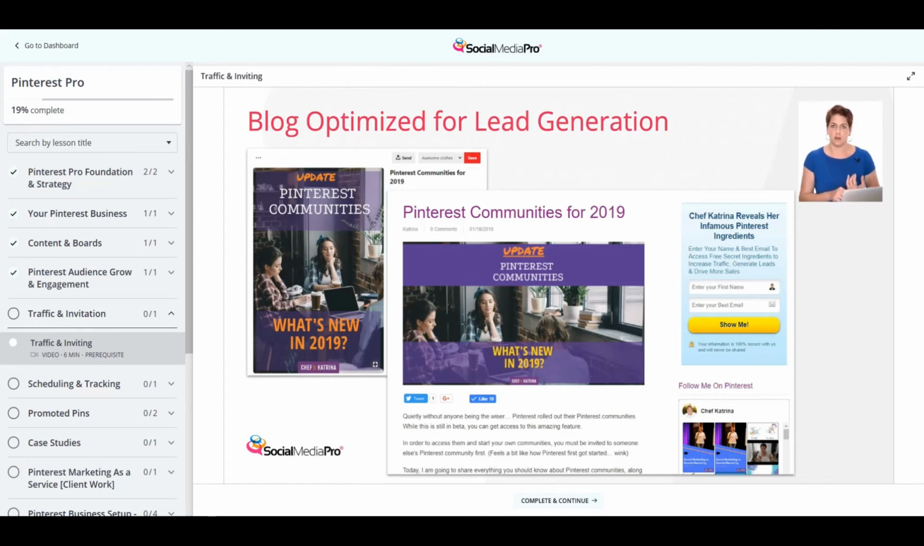So this site is optimized for lead generation. It has an opt-in bar on the side. It also has an opt-in throughout the content and even at the end. So for lead generation, this is a really great way to use Pinterest. Take them from the platform, create the curiosity with a pin, and then have them read the content, want more information, join your newsletters, join your customer lists, whatever it is that you have on that platform to really engage